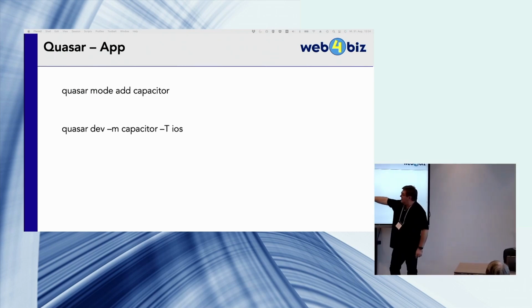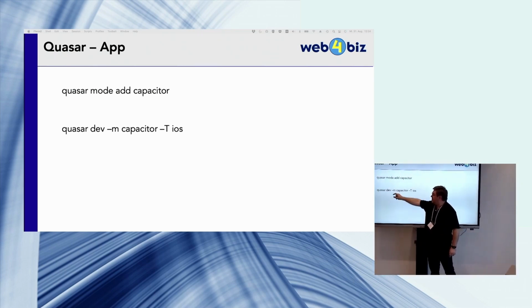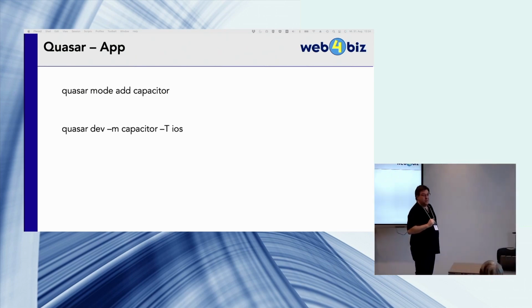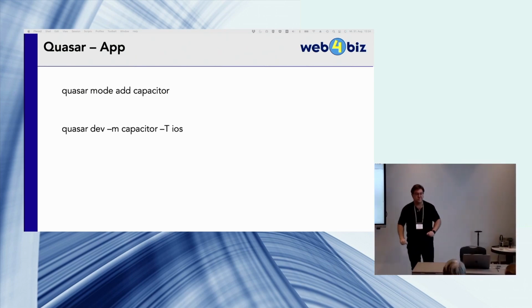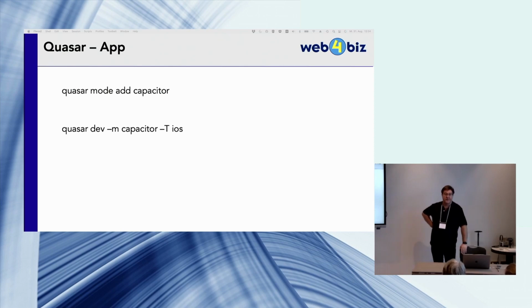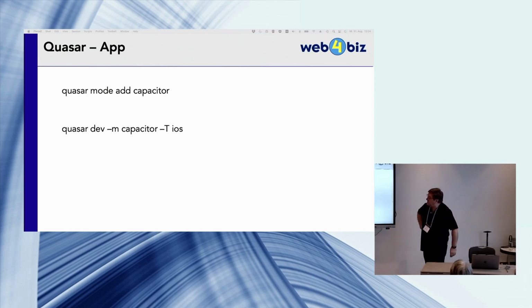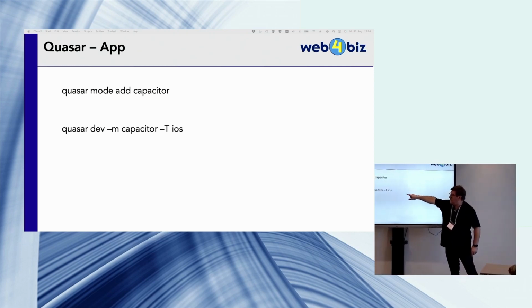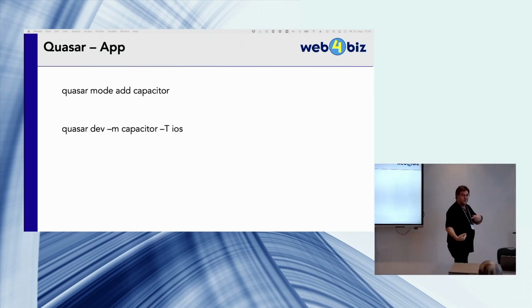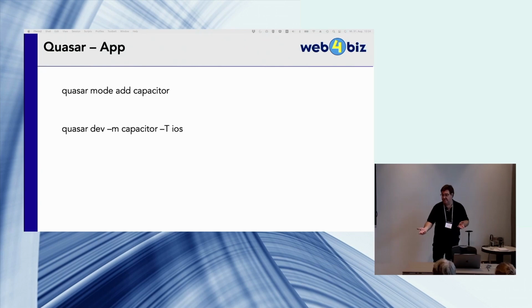We again start Quasar dev, but this time we tell the system, okay, in the mode capacitor, so it's not rendering or doing for the web browser in this case, but uses the capacitor mode, and as a target, I can put inside now iOS or Android. In my case, I'm trying with iOS, and